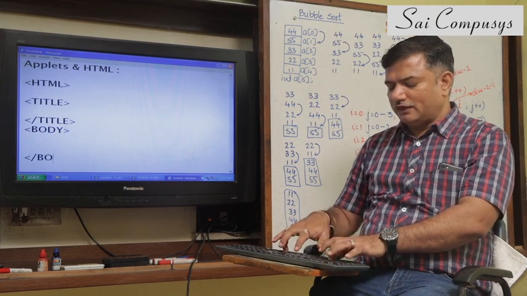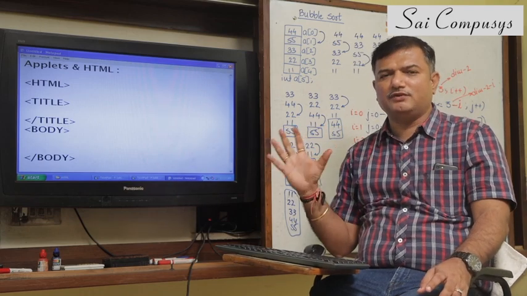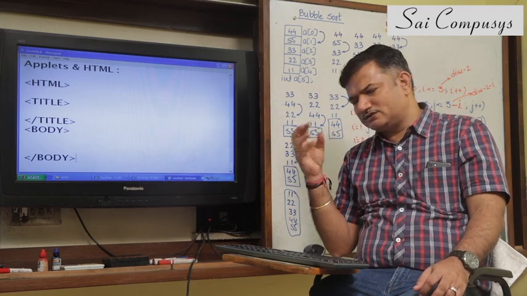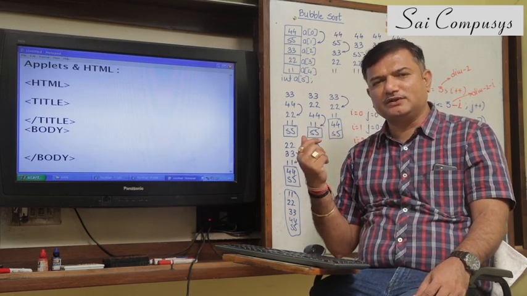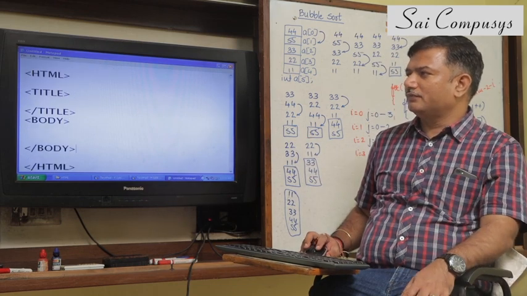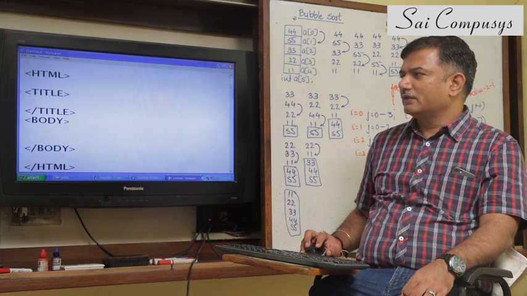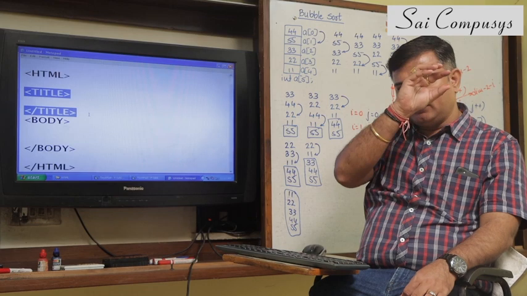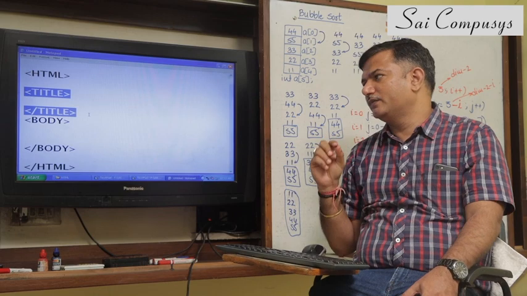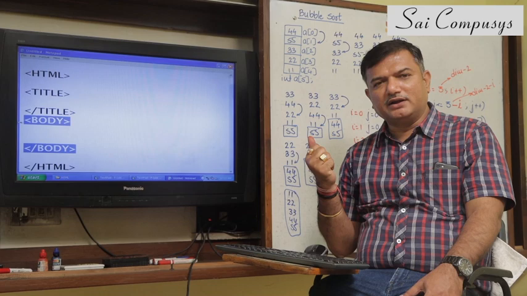Mind well, I am not going into the actual details of HTML. I'll assume you know some basics of HTML when I am teaching this. I'll show you a few examples if you want where you can just browse and refresh your information about HTML. This is the basic syntax of an HTML program. It starts with the HTML tag, it ends with this HTML tag. The title of your application, the thing that you wish to display on the web browser, has to be defined within this title tag. And the contents of the web page you will be specifying within the body tag.